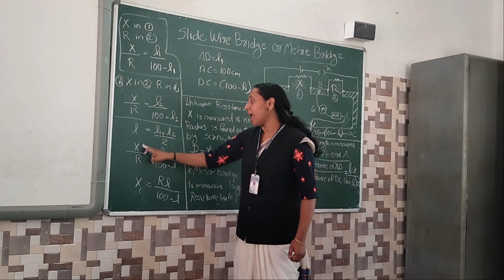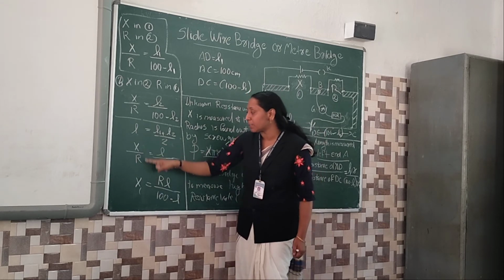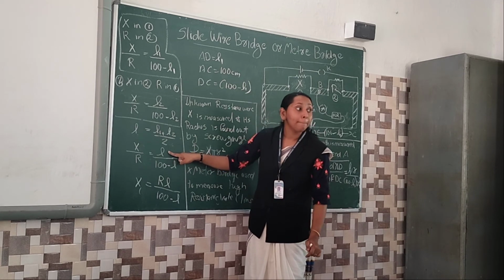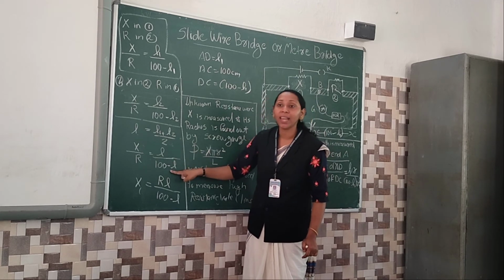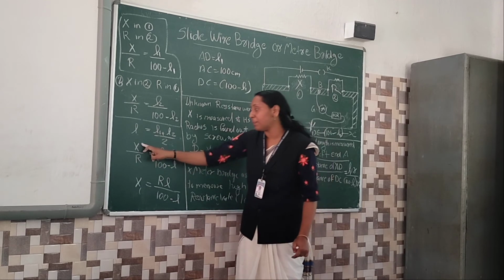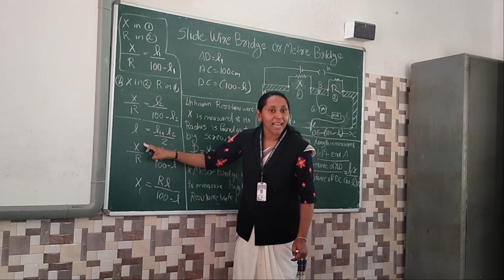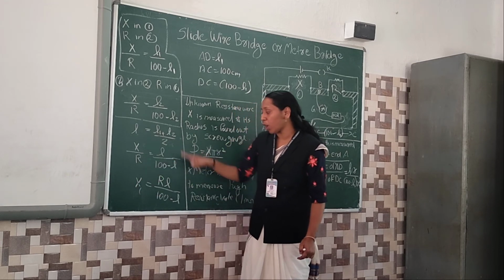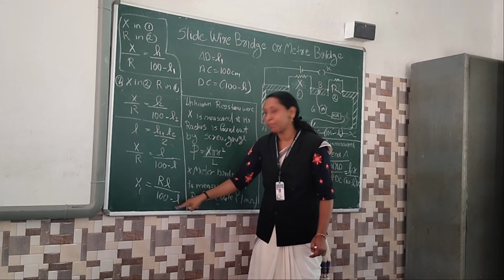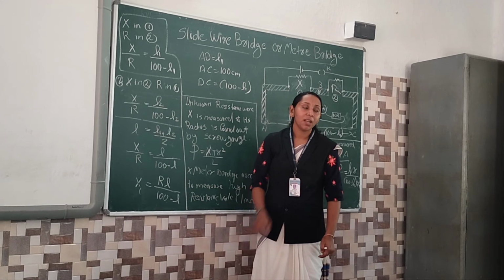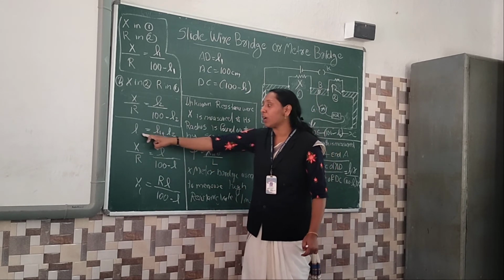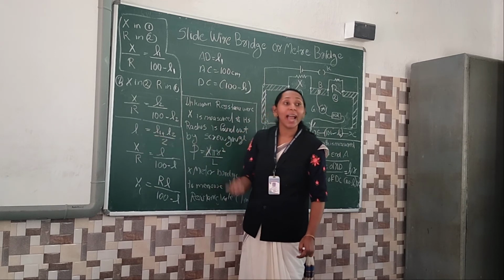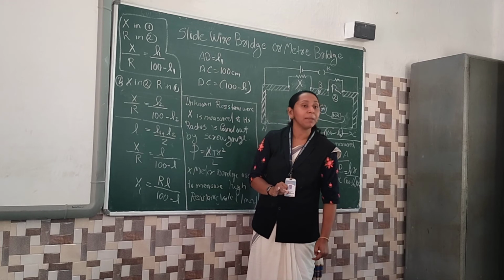Then find out x by r equal to. अभी देखो, x by r में L है, L1 भी नहीं है, L2 भी नहीं है. हम लोग क्या लिखते थे इधर? Average लिखते थे, L divided by 100 minus L. So from that, x, r is the known, है ना? X is the unknown. And how to find out unknown? X equal to, this r is going to the numerator, RL divided by 100 minus L. You always keep it up. This one is not L1. This is L, the average of the balancing point and balance length of the meter bridge.